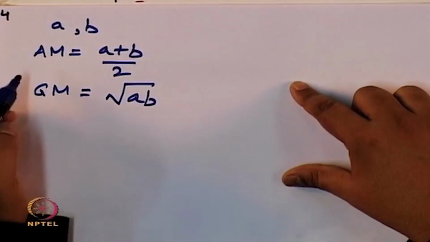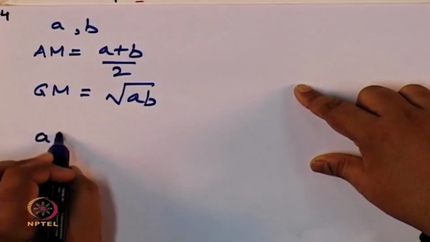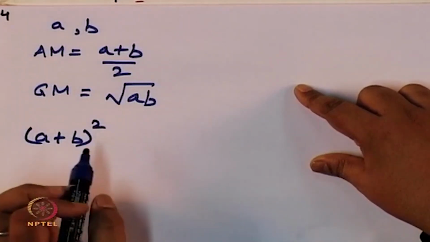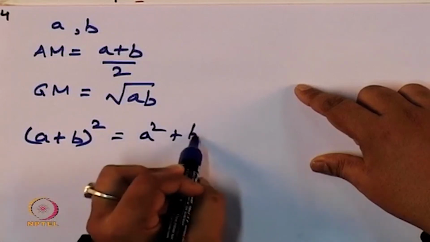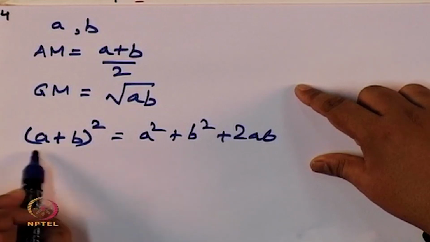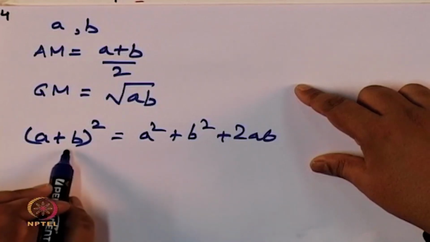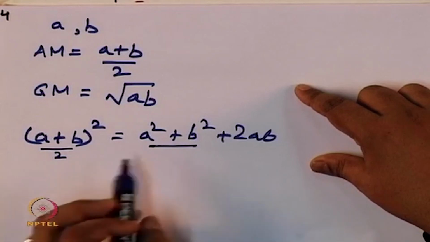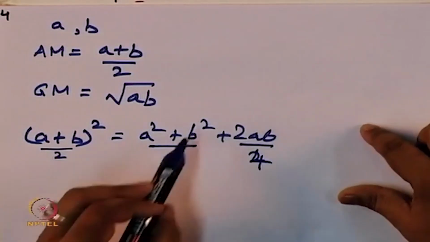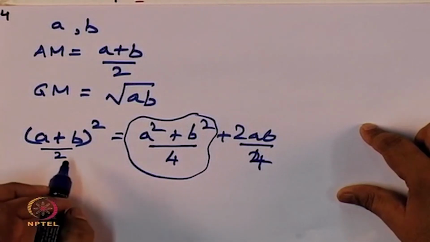Okay. So, can I say anything as to how geometric mean and arithmetic mean relate to each other? So, I can write (A plus B) whole square, which is A square plus B square plus 2AB. In other words, if I divide by 2, (A plus B by 2) whole square is A square by 4 plus B square by 4 plus AB by 2. Since this quantity is always positive, I can clearly say that